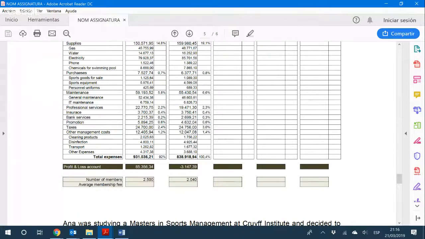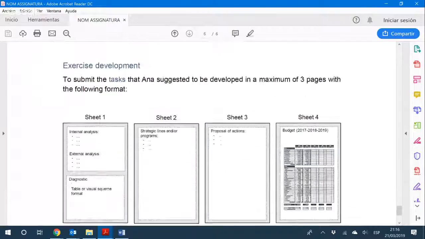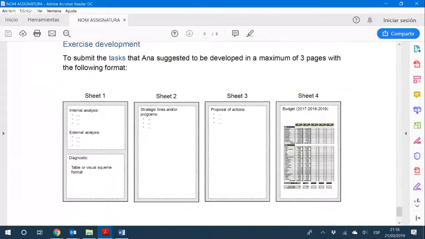What I'm asking here, basically, is to develop this project. This is a group project, so this is a little bit more of workload. That obviously, as I said in previous webinars, if some of you want to do it individually, I'm okay with that. So what you should do here is, on the first sheet,